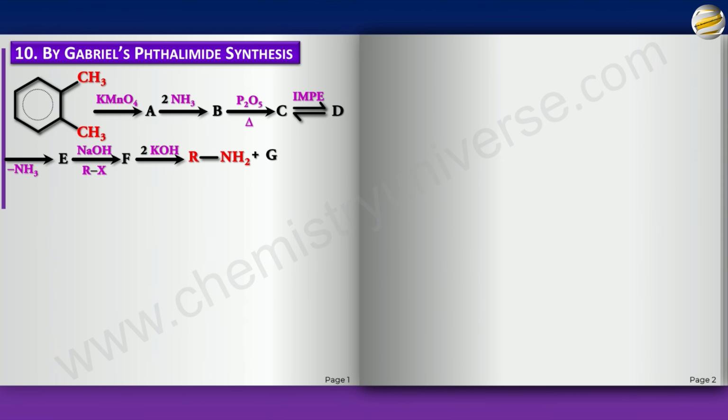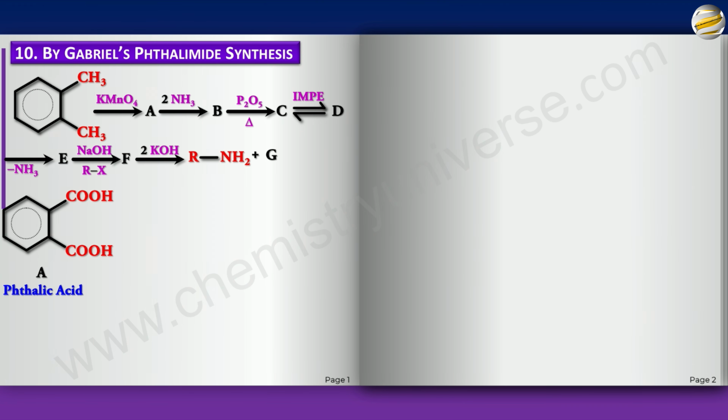All right, now the first thing is very simple. KMnO4, remember, any aromatic system connected to a hydrocarbon chain will convert that into COOH as long as this carbon is not a 4-degree carbon. We have done this before. So what do you think will happen here? There are 2 CH3s here. So you will get phthalic acid. This is called phthalic acid. So this is A.